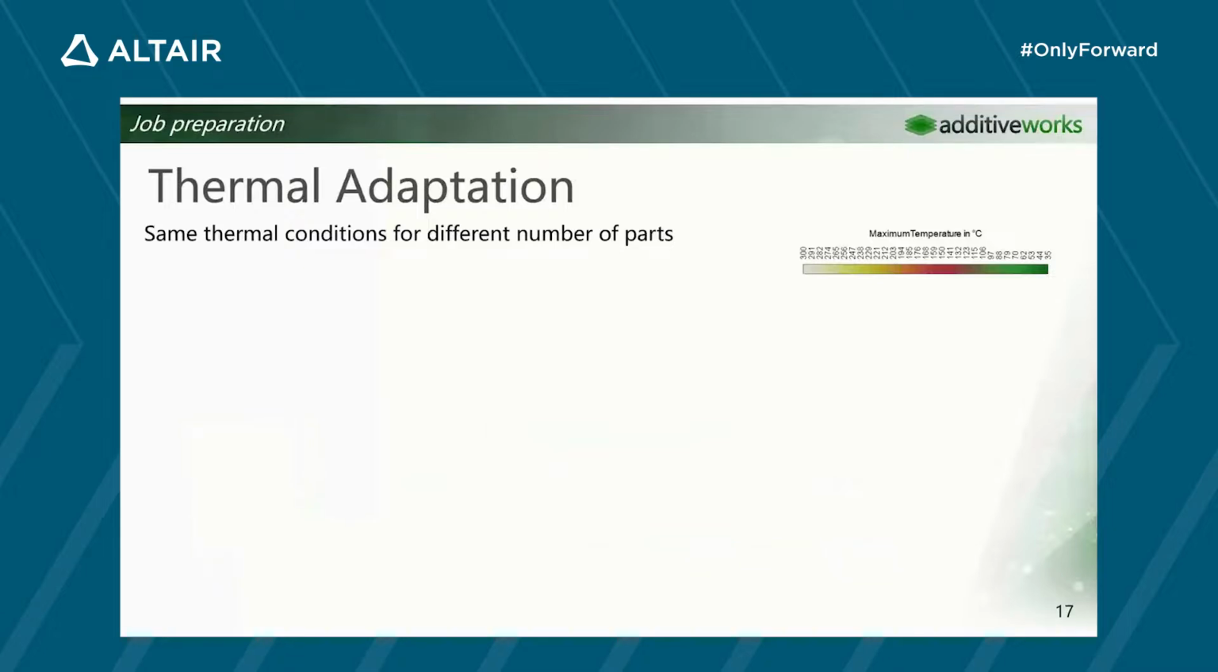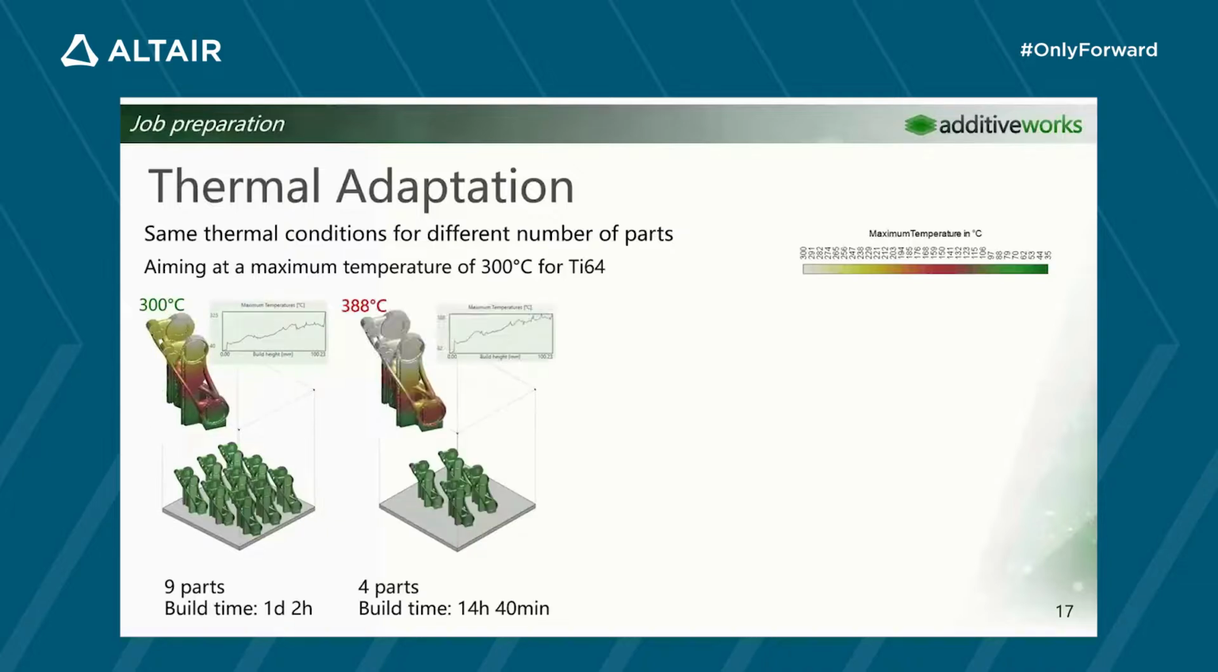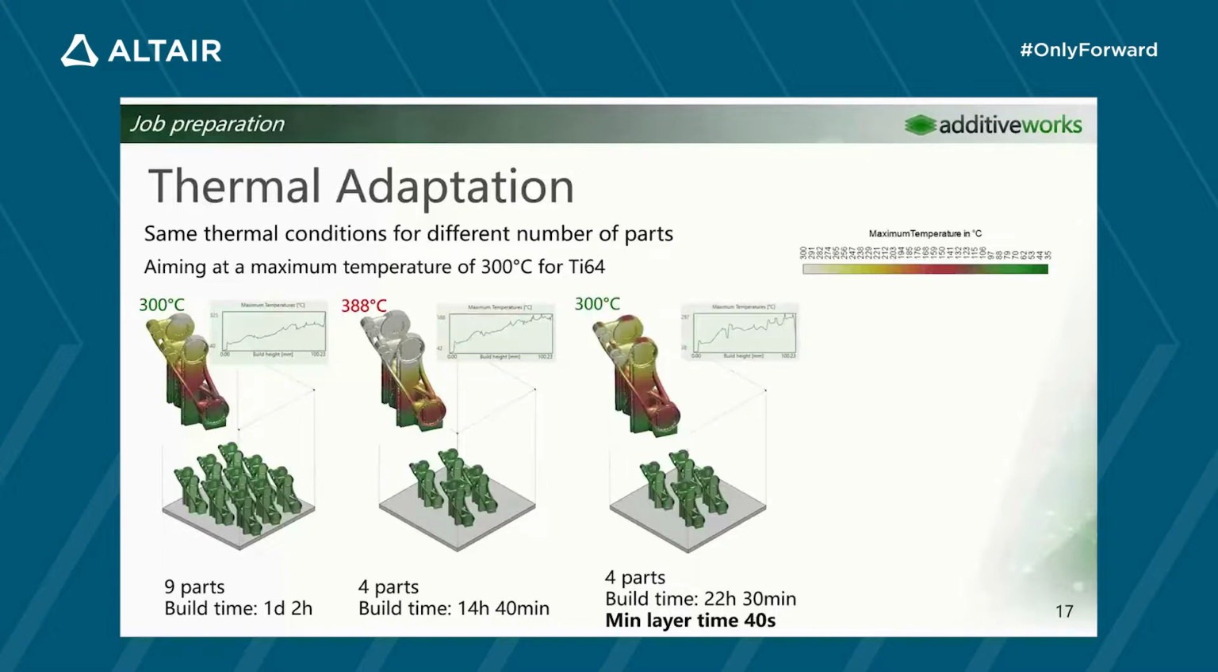Okay, so applying this to our part, we could say we aim at a maximum temperature of 300 degrees, and we already know about that. We also know about this job, what was basically the fail, and we discussed the minimum layer time. And in this case, 40 seconds would give us a good result. So with a constant layer time of 40 seconds, we will get this in 22.5 hours, but below 200 degrees. So this is, I would say, the state of the art, how to manufacture this with the same conditions like in the 9